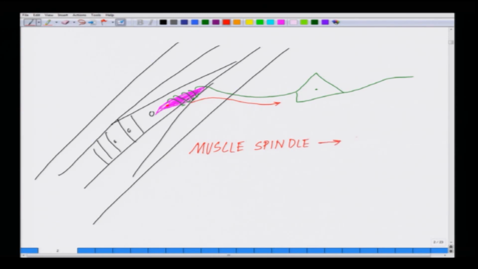How is this electrical signal transfer taking place? It is believed that there may be a series of sodium channels which are present in the muscle spindle